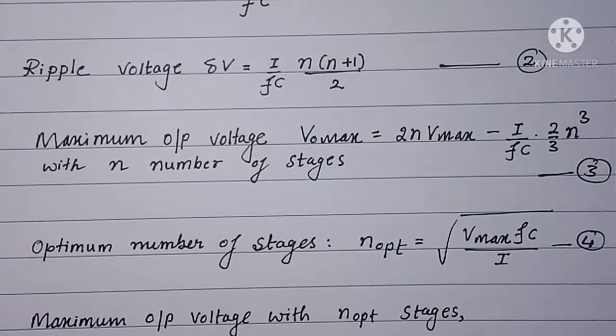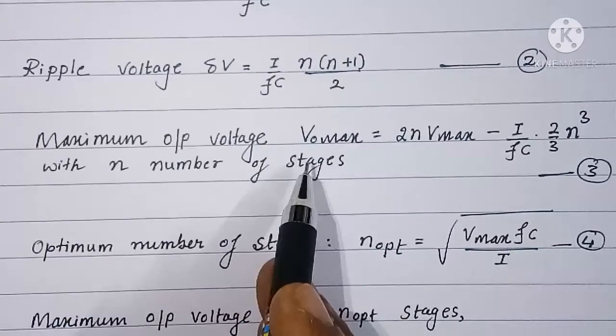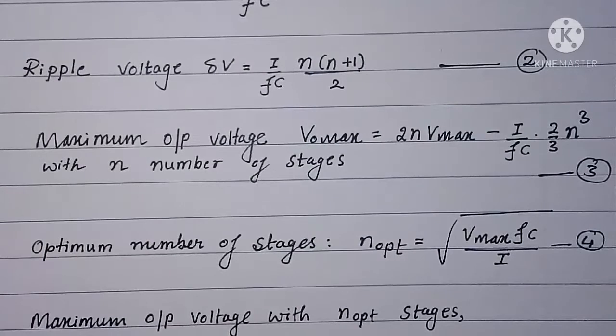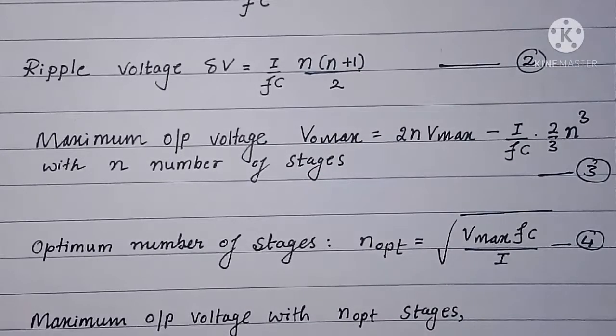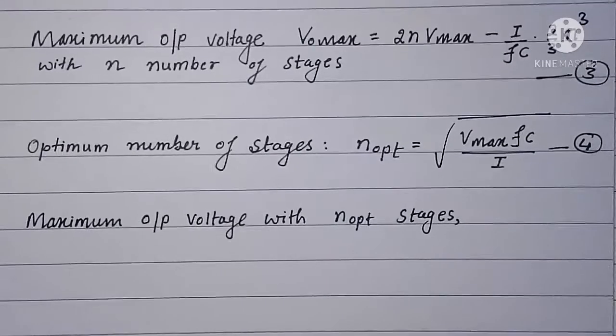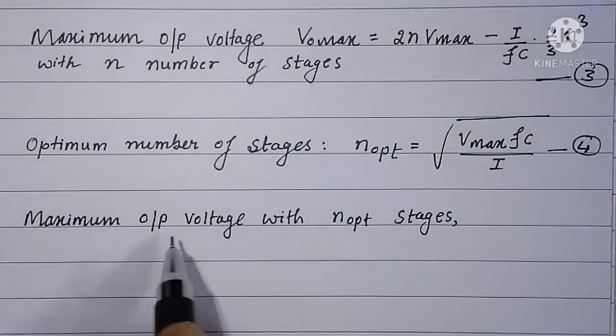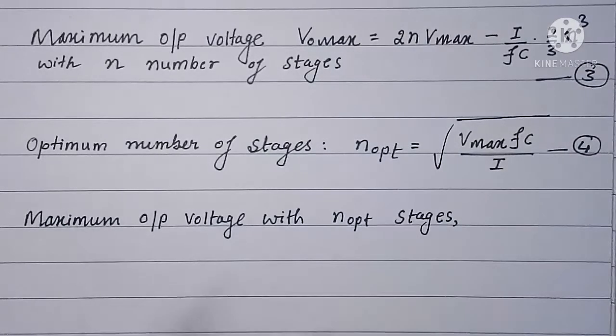Today, using n opt and maximum output voltage equation, we will derive an equation for maximum output voltage with n opt. That is, we will substitute the value of n opt in V naught max. So maximum output voltage with n opt stages is equal to